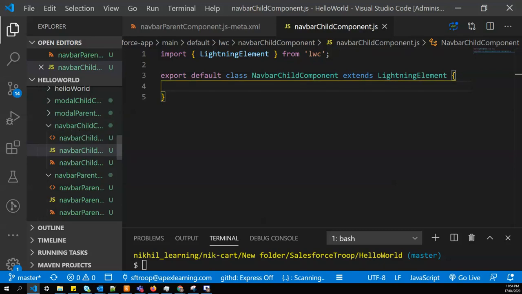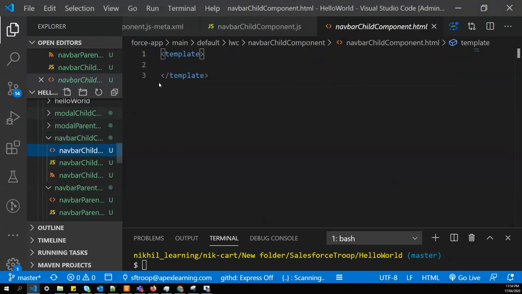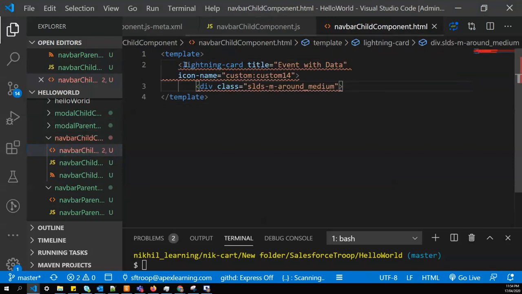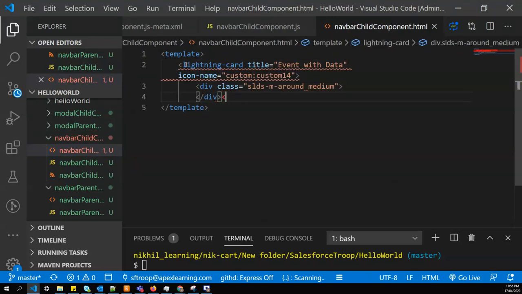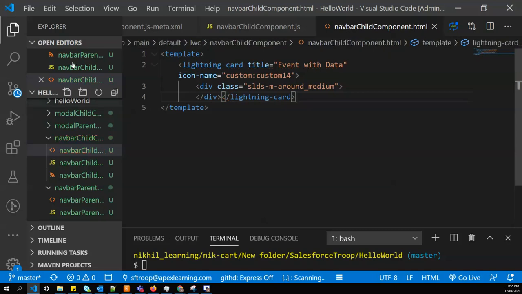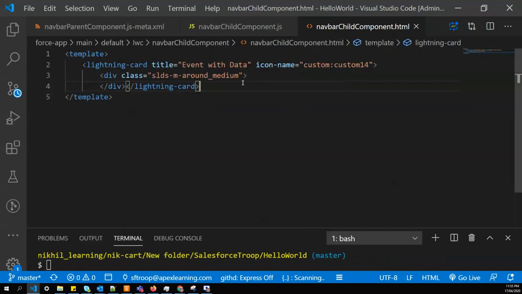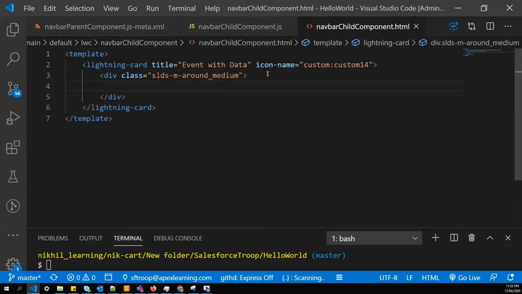And let's go to our HTML now, and in HTML we'll take the same template for our card, and so we have created the lightning card with the heading event with data.